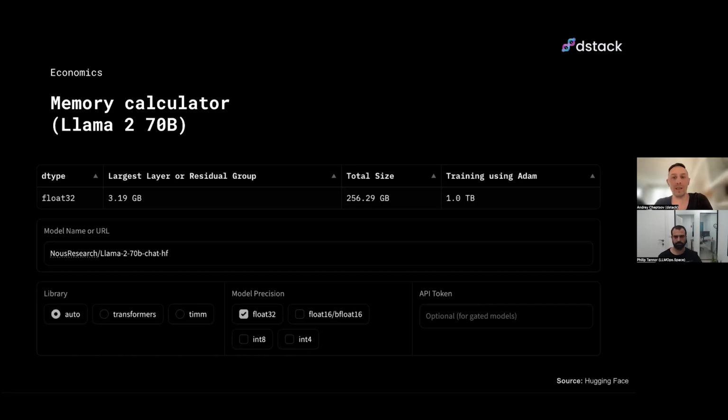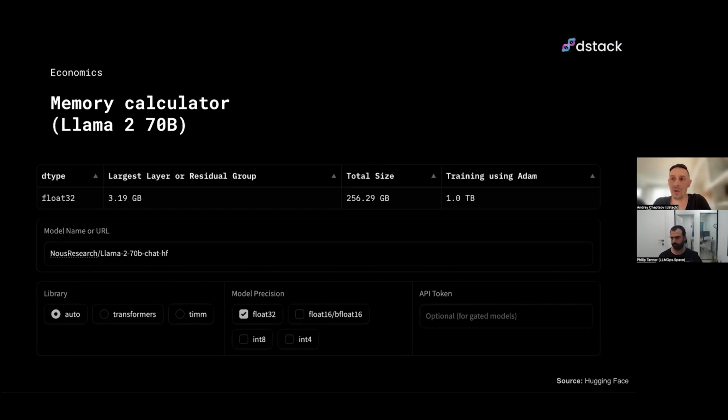How do I know how much memory I need for a model? The rule of thumb is the following: you multiply the size of the model by 4, and that gives you the amount of memory you need to serve the model without optimization techniques, meaning full precision.